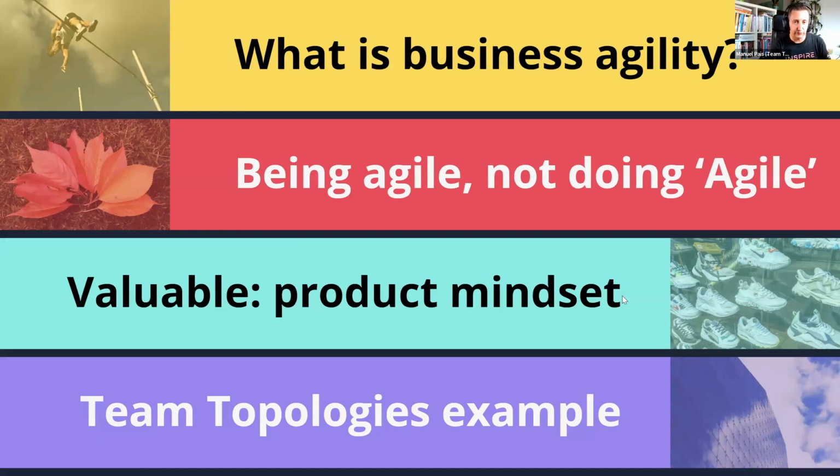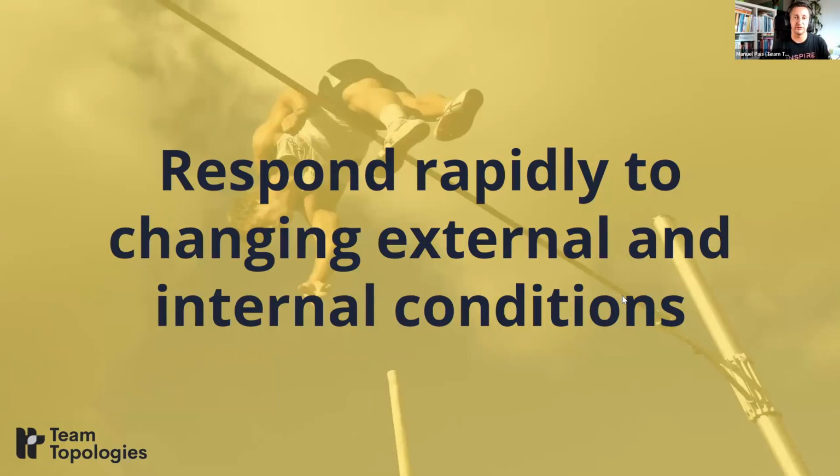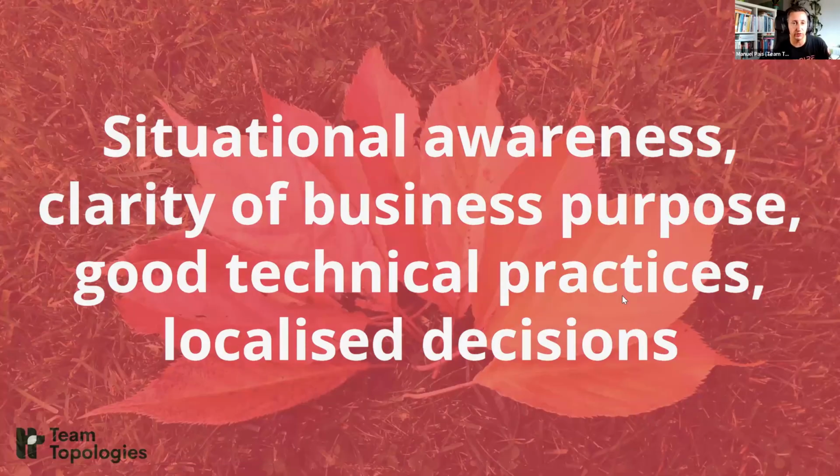So to summarize briefly, so we can have a bit of time for questions, what we were looking at was, we started by defining business agility as the ability to respond rapidly to changing external or internal conditions. And when we say rapidly, we mean ideally in hours, right? And this requires situational awareness, clarity of business purpose, good technical practices, and localized decisions, basically meaning we have teams with end-to-end responsibility who can make the best decisions for their services based on what customers and the business need, right? So a lot of things that we need to have in place or think about to improve our business agility,